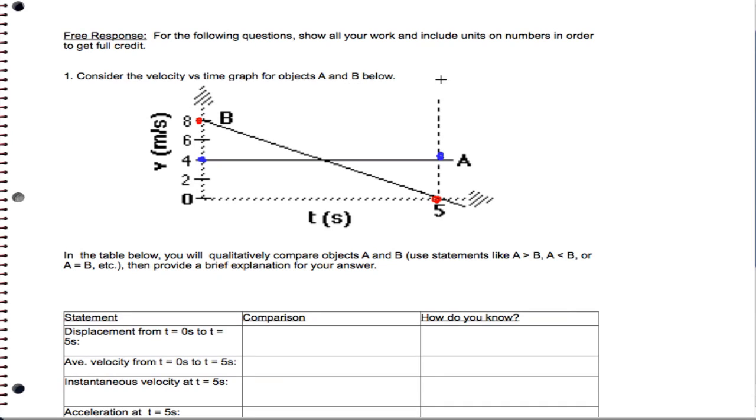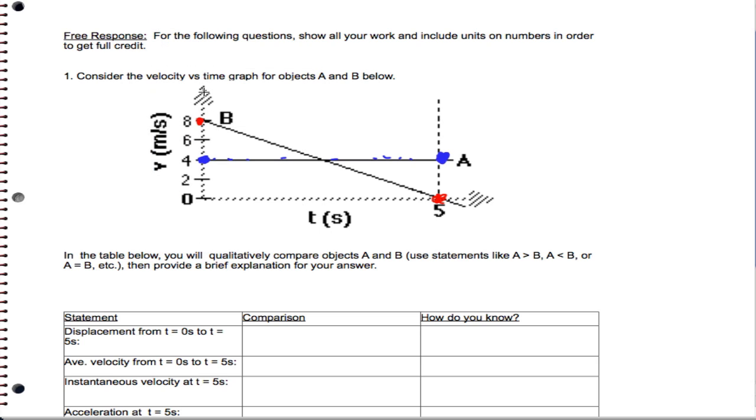All right, so we're ready to begin the free response section of exam 2. And we have this problem here, and I just want to be clear on something. Object A is this flat line that you see along here. And then object B's motion, its velocity as a function of time, is represented by this slanted line here. And so we have our axes starting from here,